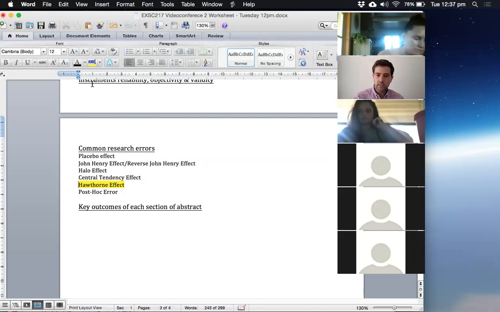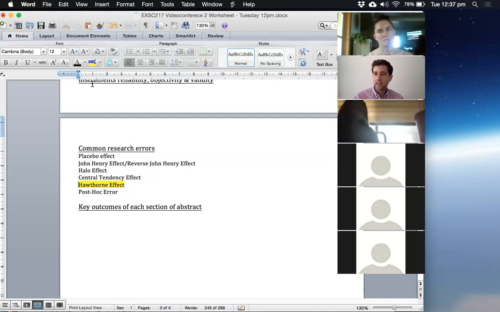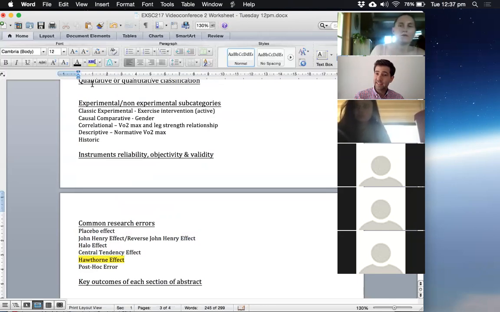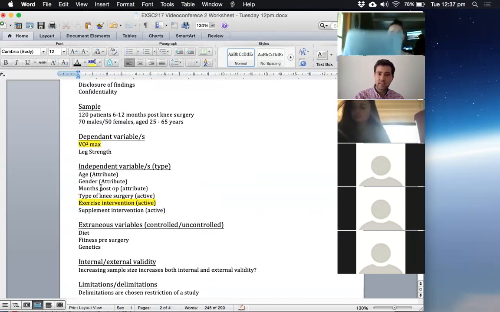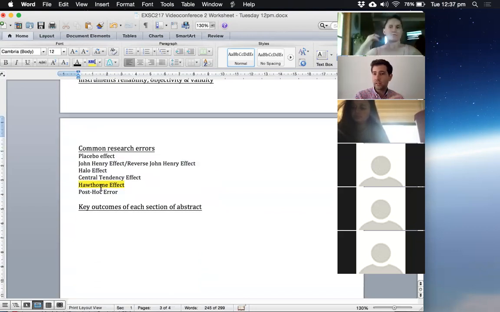We've got Rod said John Henry, and that's true. Yeah, absolutely. Especially if participants know that they're in a control condition, or another group is getting something that they think is going to have an effect. So if we've got one control group that knows they're the control group that's not getting a particular exercise intervention, and another group that is, you could definitely have the John Henry effect. They could actually go out and be doing more exercise because they know that they're being compared against an exercise group, or maybe they do less exercise because they know that the exercise group is going to do better anyway, so they may as well not do any exercise at all. So definitely the John Henry or reverse John Henry effect is potentially in play there.